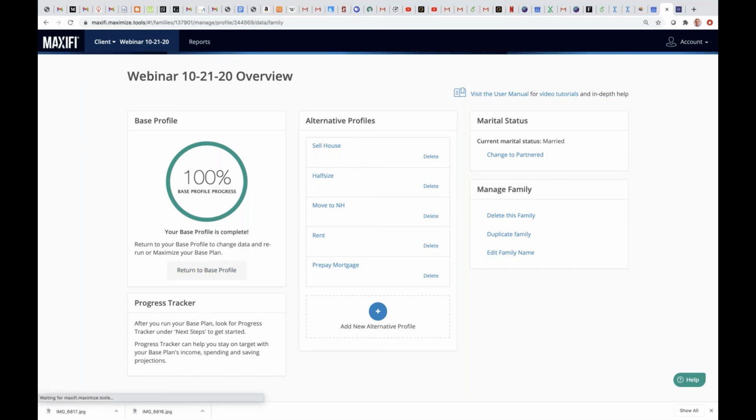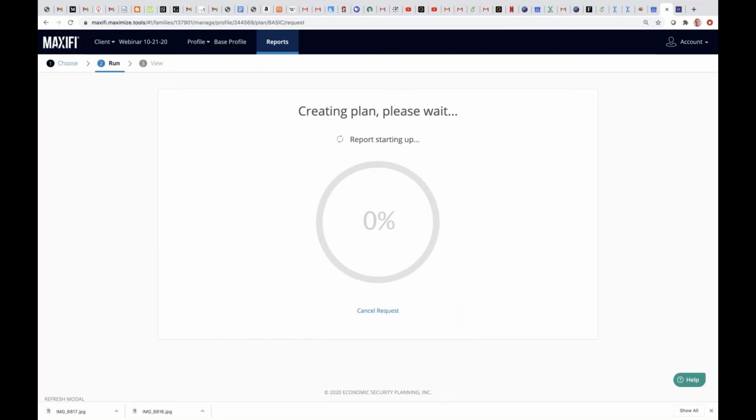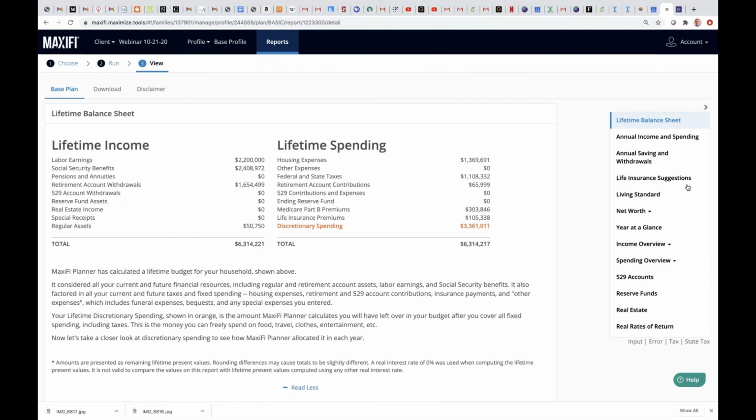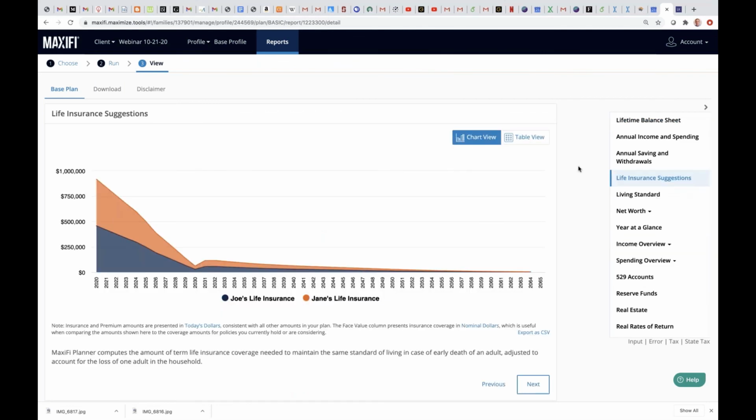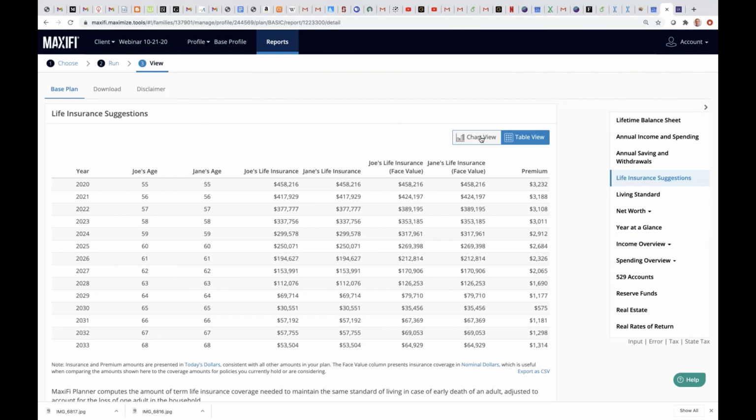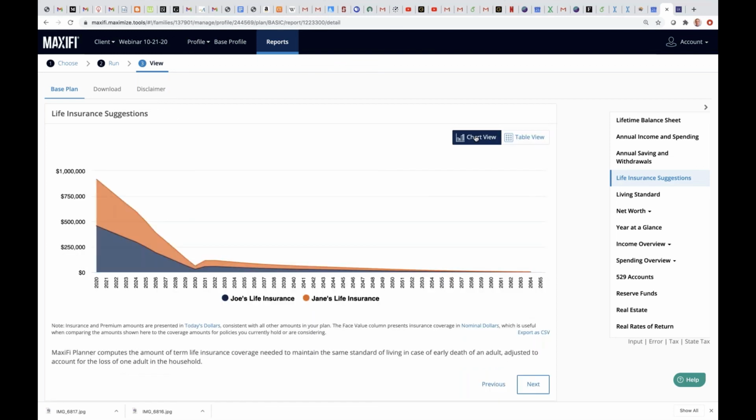I'm going to just show you by running this real quick. If you follow the program's recommendations on life insurance, which are right here, you can look at the table, the numbers, or how much coverage they should both have each year, and the premium payments that we estimate they'd have to pay. But you can see that the program is incorporating life insurance. So Jane probably, if you followed these recommendations, would not end up bereft.